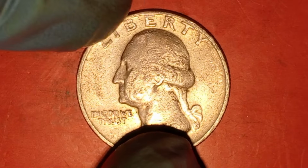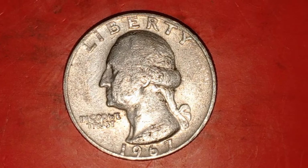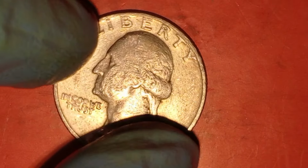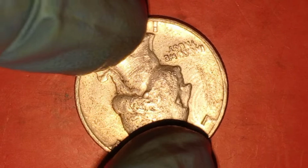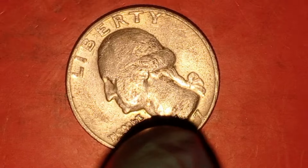Stick around as we explore the fascinating history of this iconic coin, the rare errors that make it so valuable, and how you can tell if you have one of these incredible finds in your collection or even your pocket change. Before we talk about the 1967 Washington quarter specifically, let's take a quick look at the history of the